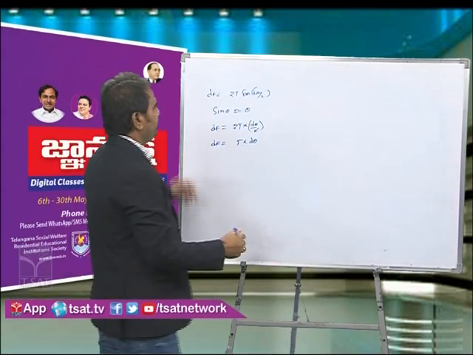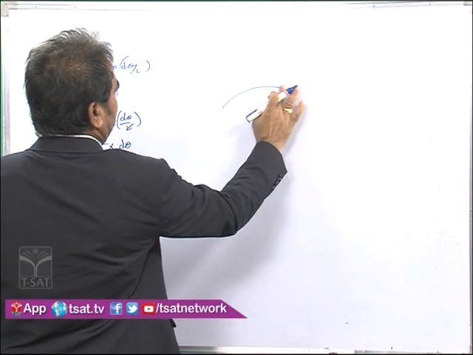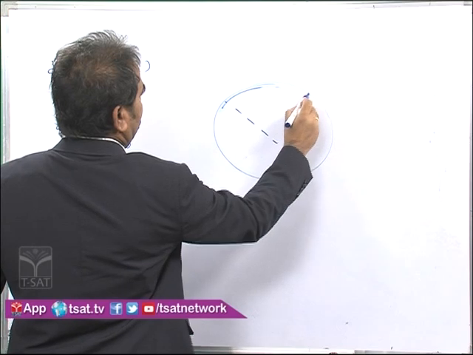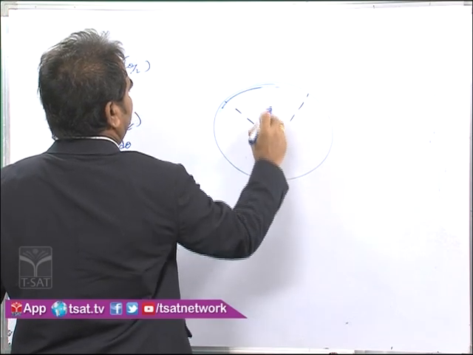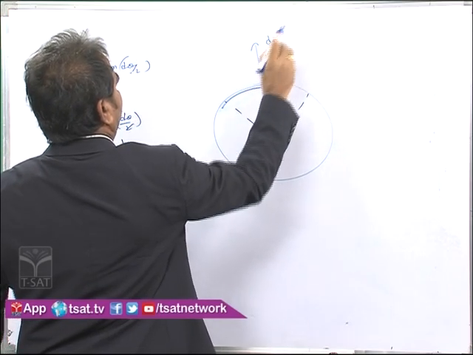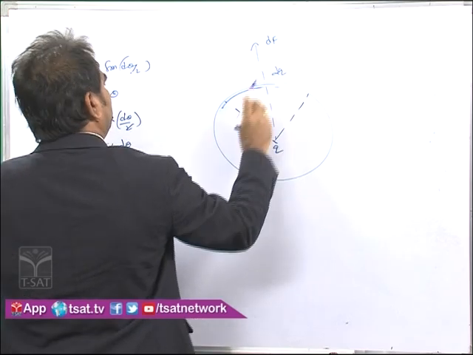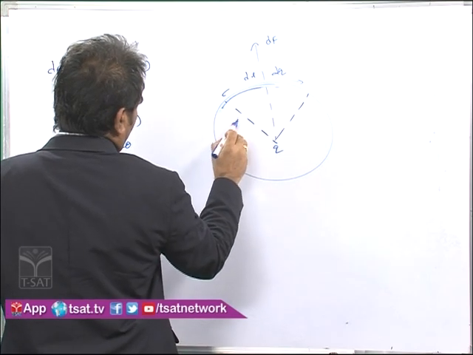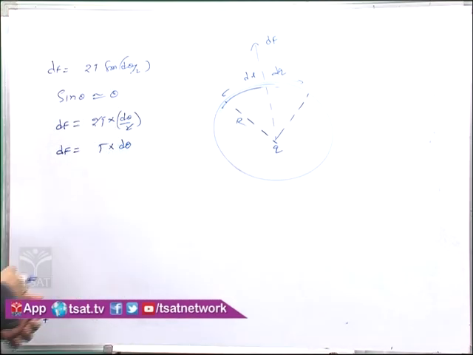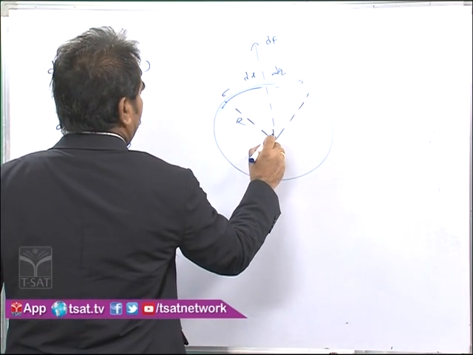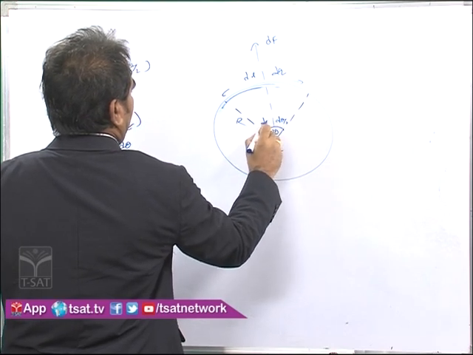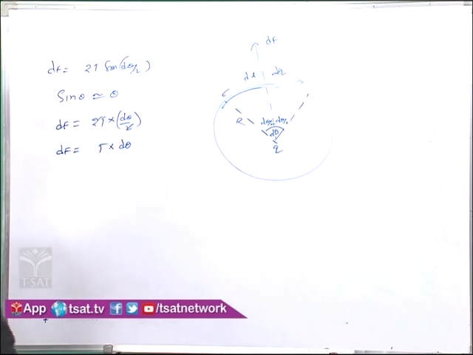So what is the force of attraction here? dF will be acting along the direction in which the charge q is placed. How much charge has to be distributed over this? The length of this element is already taken as dl. The radius of this element, which is subtended at an angle, is r d theta. This is d theta by 2, and the remaining half angle becomes d theta by 2.